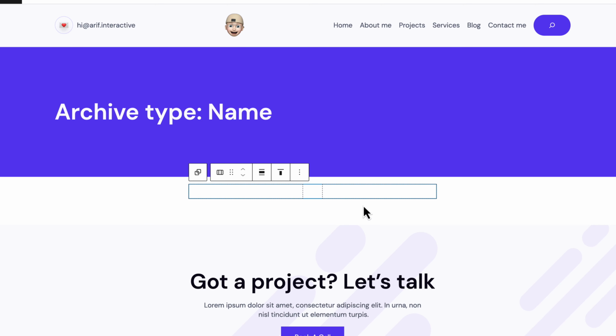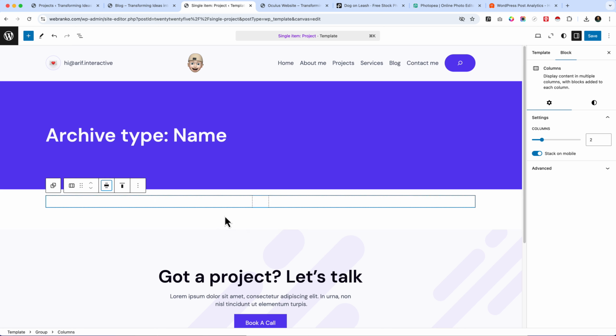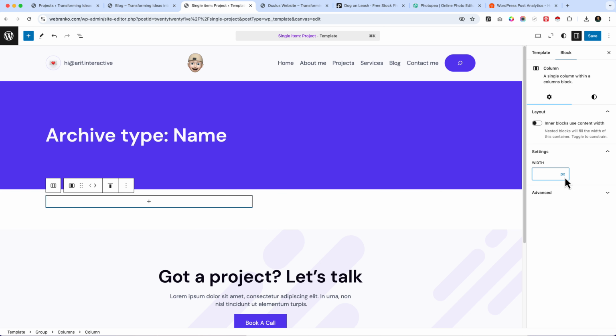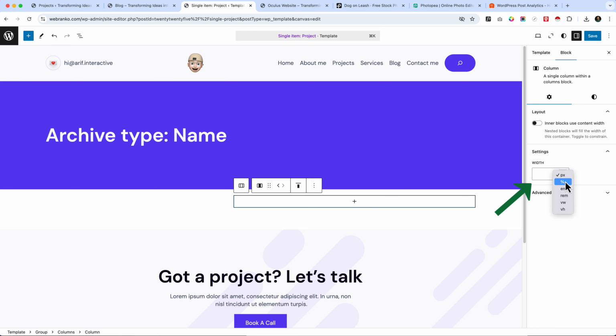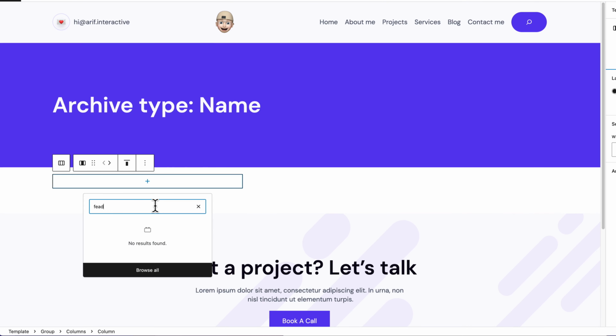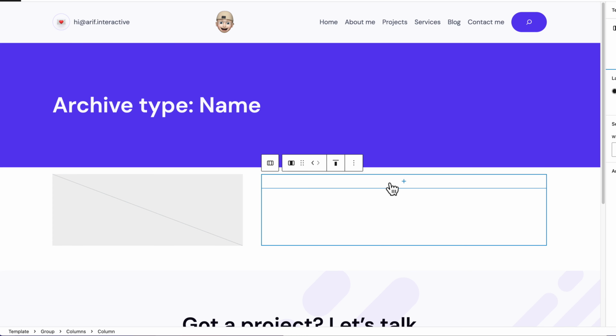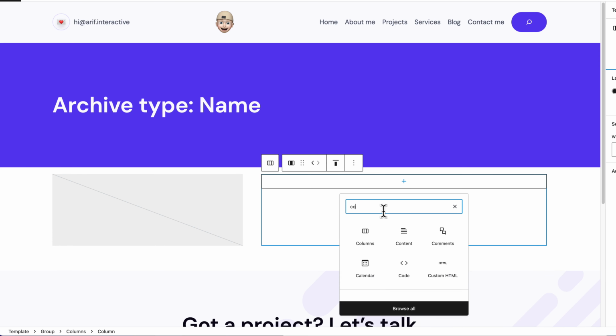Now for this layout, what I'm going to do, I'm gonna apply the featured image on the left side and content on the right side. To do so, let's make it full width first and add the left column width 40%. And the right column should be 60%, and add featured image here. Add content,